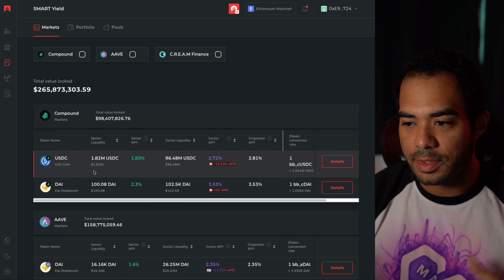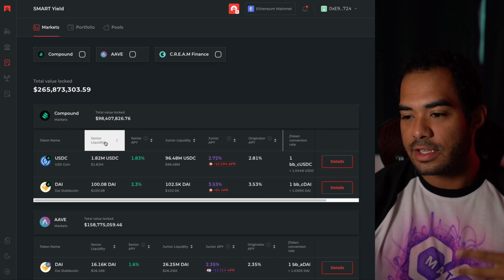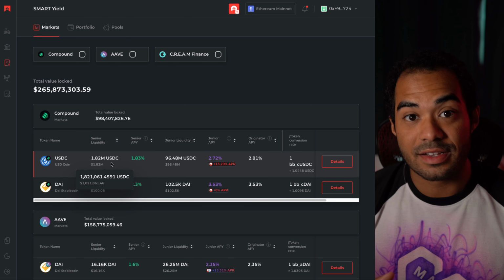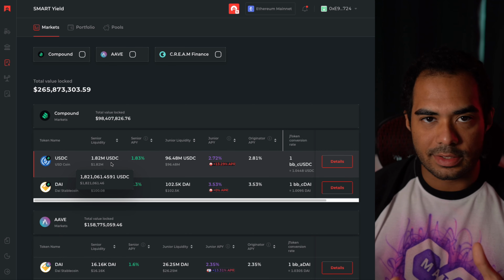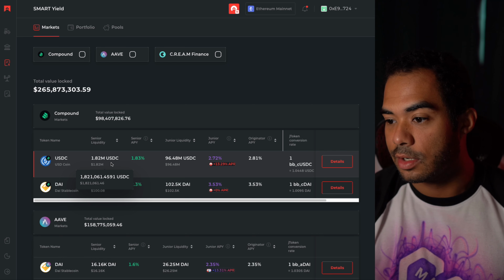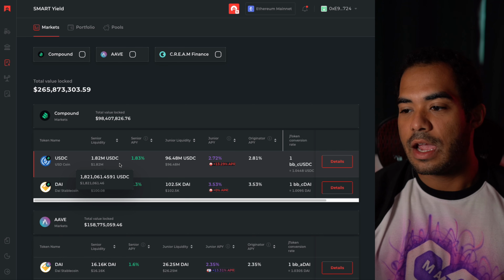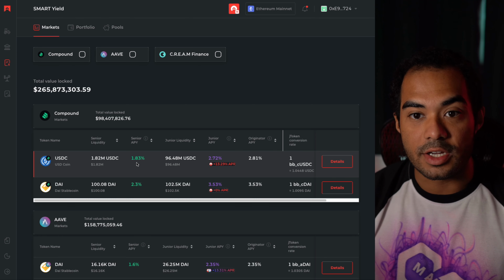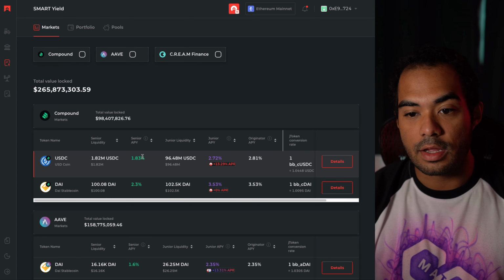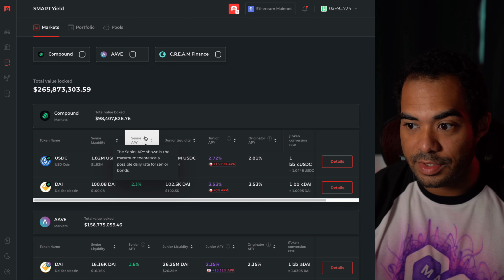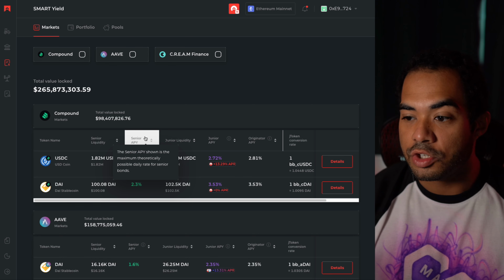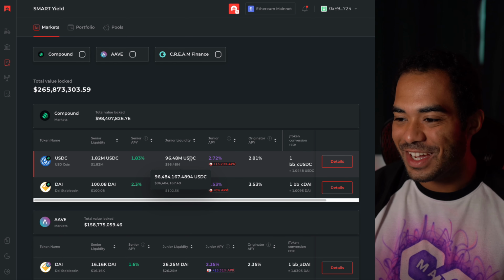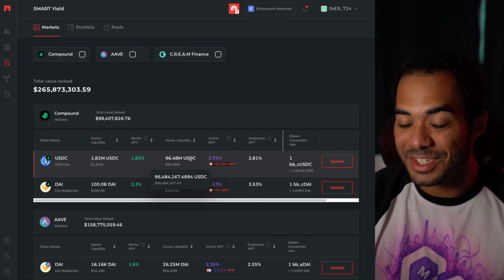As you can see, there's something called senior liquidity first, and that's honestly just going to be how much money people decided to provide as a senior tranche, and it's going to vary depending on when you're seeing this, so it might change. The senior APY is right next to that, and that's going to be the fixed rate that you're pretty much guaranteed when you enter. Again, that's going to be for the lower risk, lower reward. That's what the senior stuff is. And then you have the junior liquidity, which is a lot higher. It looks like it's almost 100x higher than the senior one.